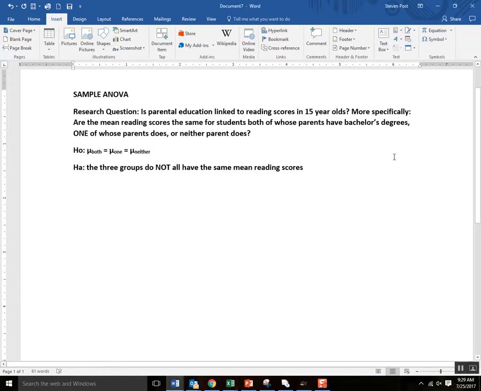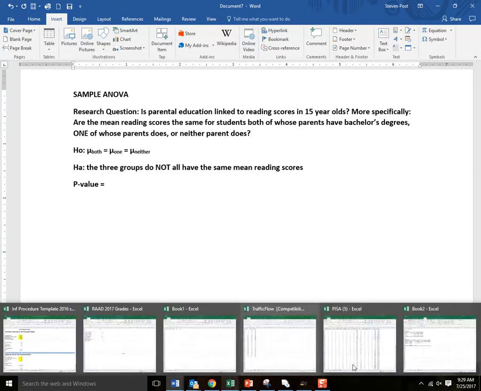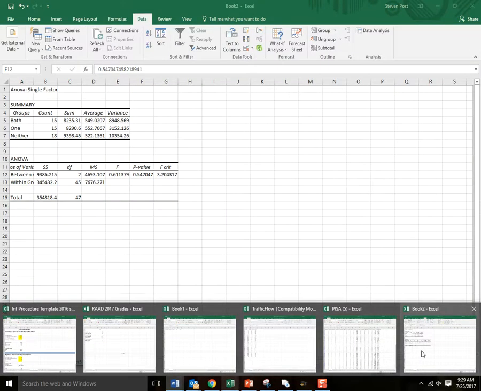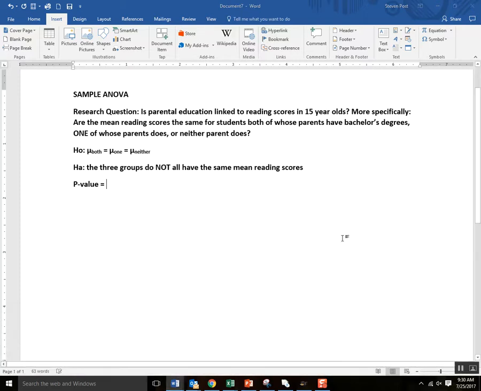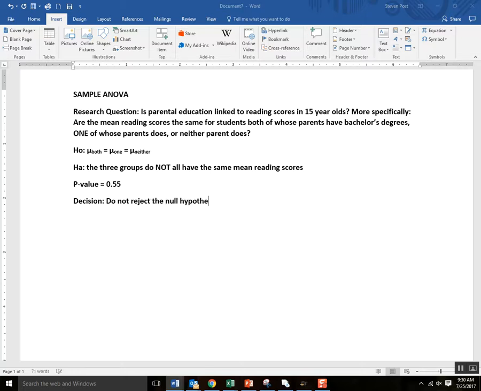So let's go back here and do step 2. We just found the p-value equals, is it 0.5 what? 0.55 to 2 decimal places. So p-value equals 0.55. Well, that's not small at all. That's not below 0.05. So decision: do not reject the null hypothesis. Conclusion: